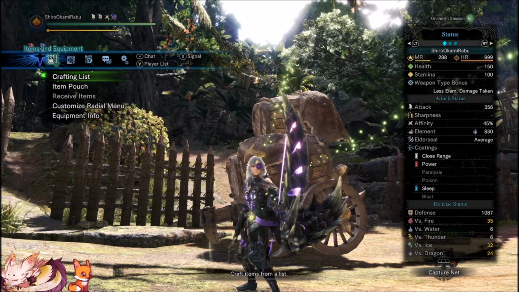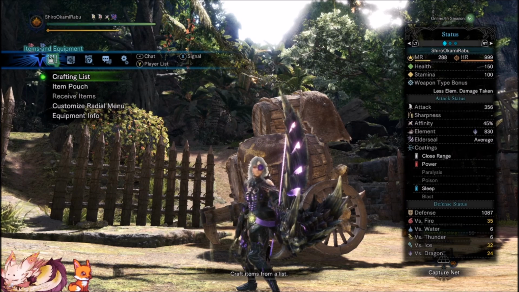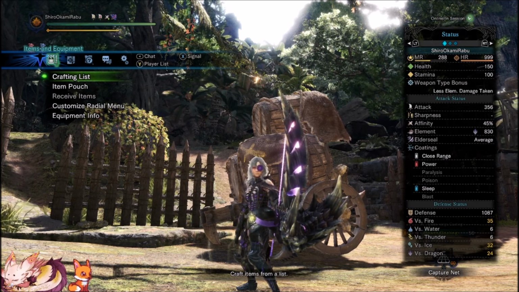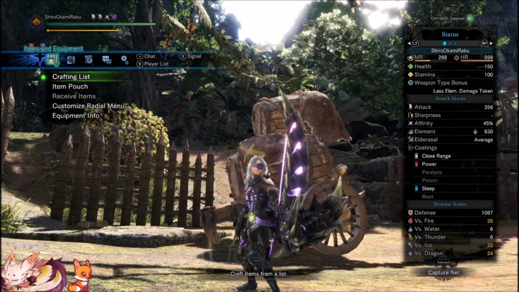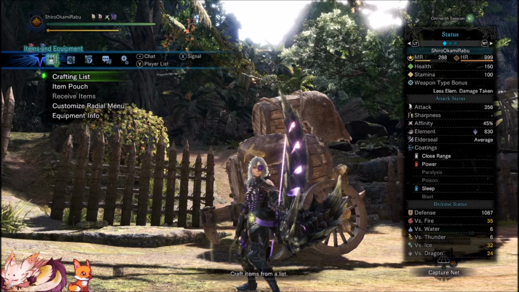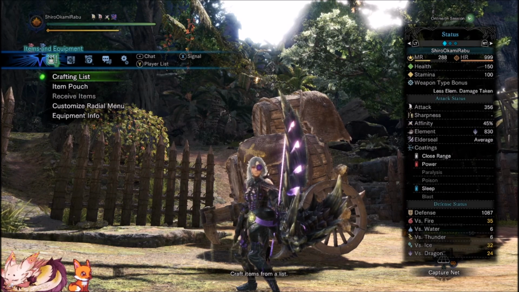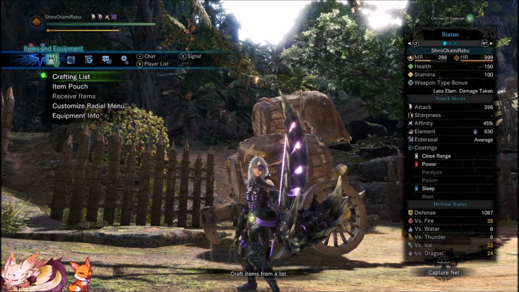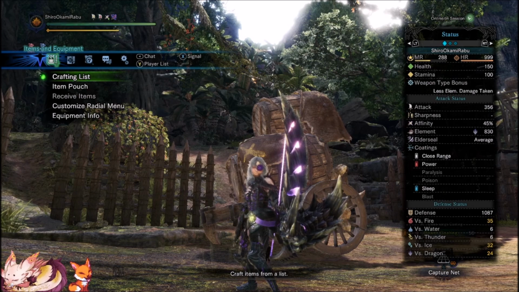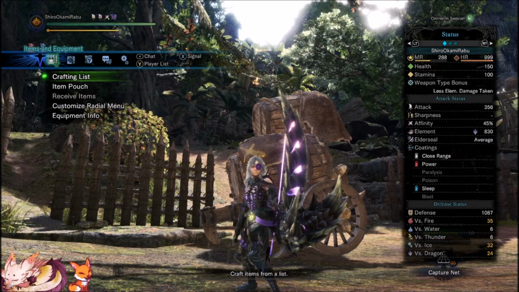35 fire resistance, 6 water, 6 thunder, so you won't immediately die from water or thunder like you would with Silver Rathalos set. And you've got 32 ice resistance and 24 dragon. Now, fire and ice are some of the big ones that we have a lot of creatures of right now. There is Rajang with thunder, which, yeah, he hurts. He's a pain in the ass, but